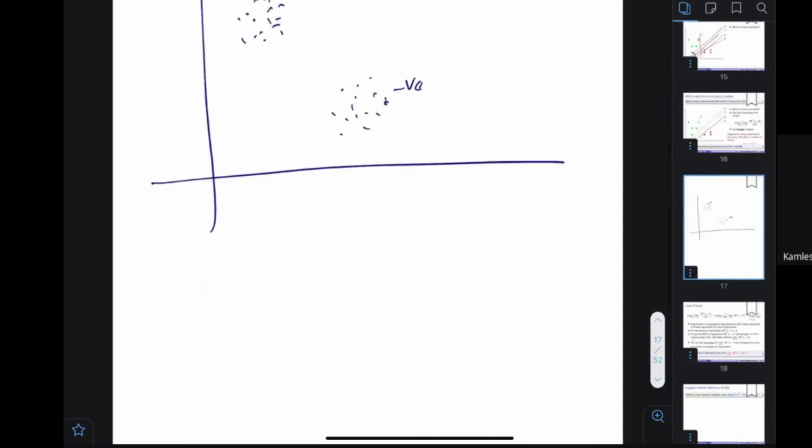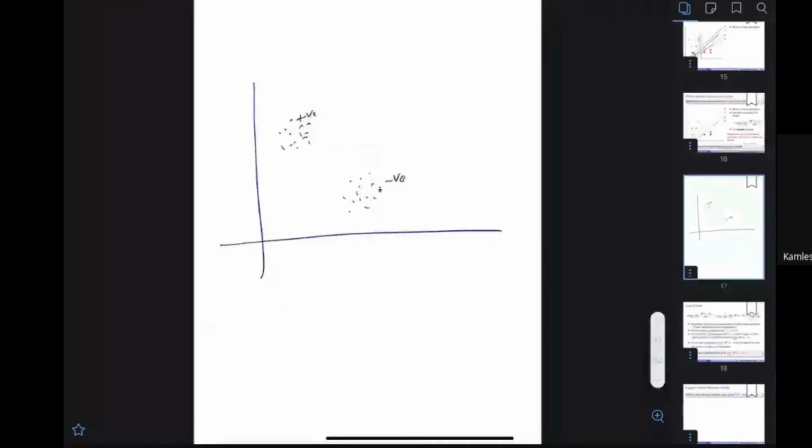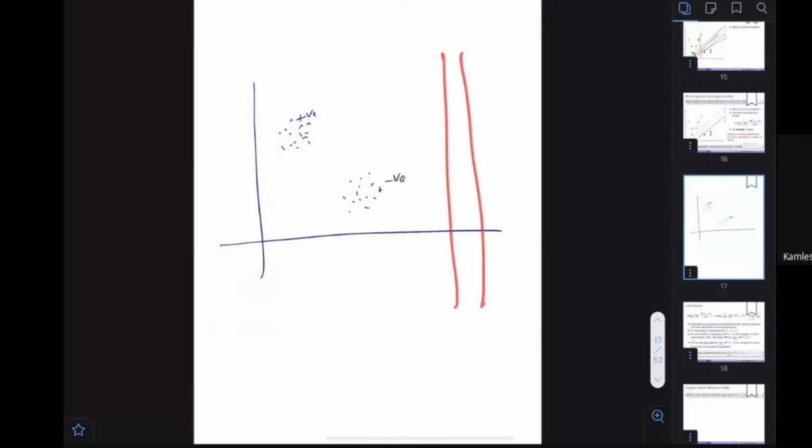But a few minutes back, we said that we want to maximize the margin. Try to focus on that. If we maximize the margin, do you think this will give you the better margin? If you draw the line over here, this is the largest margin you can get. But if you put the line here, it gives a better margin. Or you can draw it on this side also, with respect to this distance. So instead of this line, I would plot this line, which is even better. So where is the best line? The best line is going to be at infinity. Are you sure? Do you understand this point?